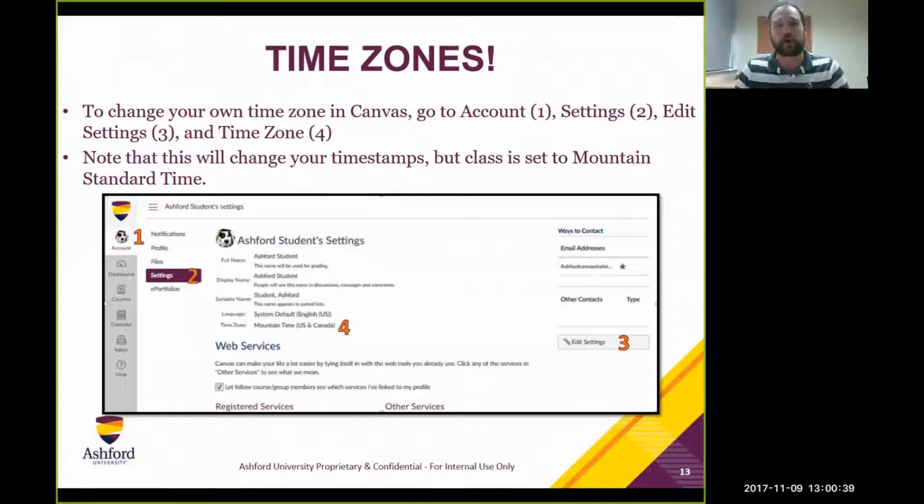Time zones. Time zones are a little bit of a confusing issue sometimes when it comes to Canvas. As a student, essentially everything is default, and your accounts are defaulted to Mountain Standard Time right when we first get into Canvas. So if you go into your account and then settings and then edit settings, what you can actually do is